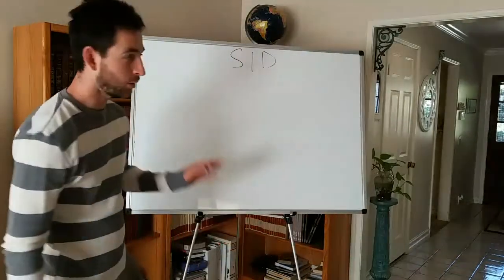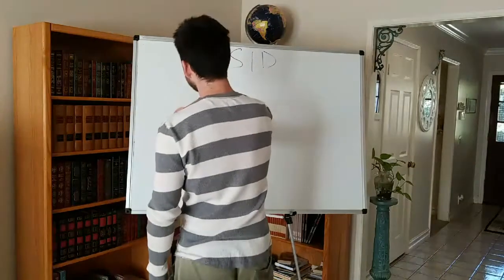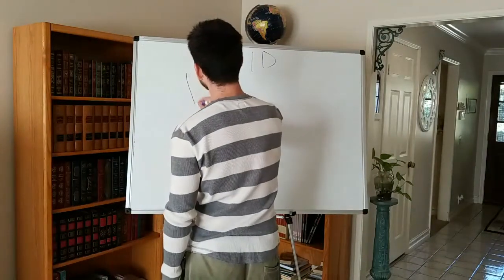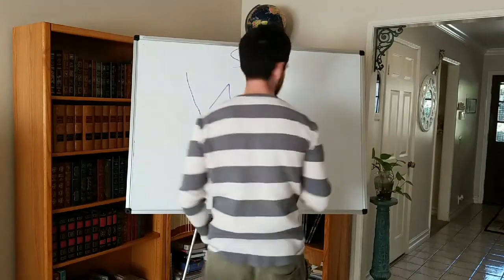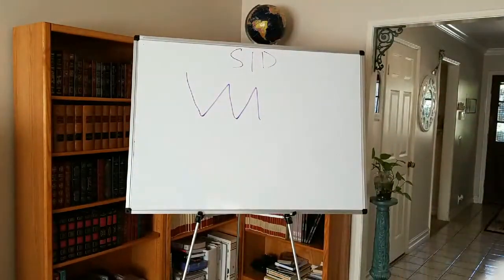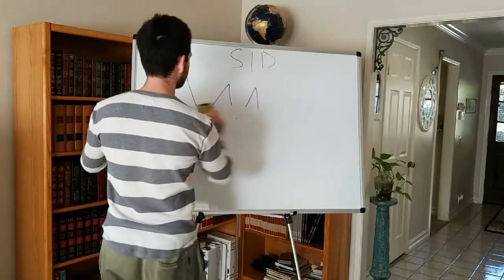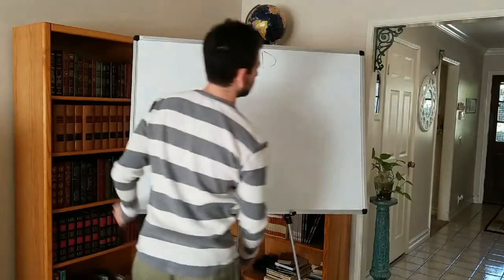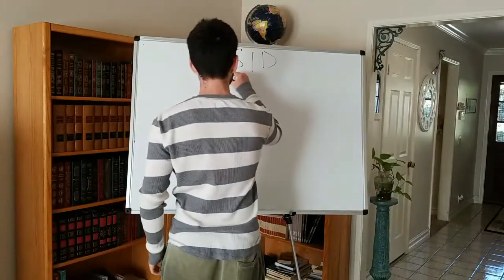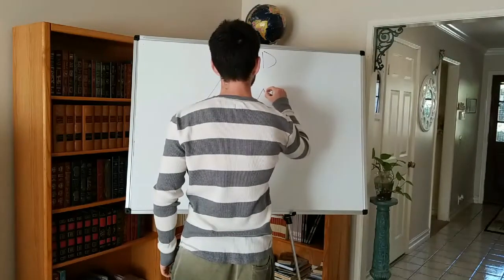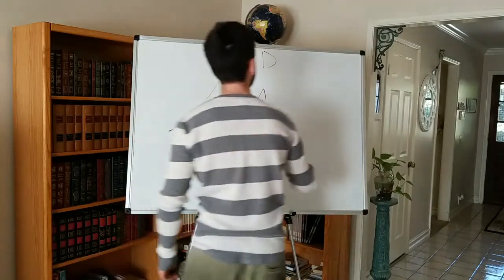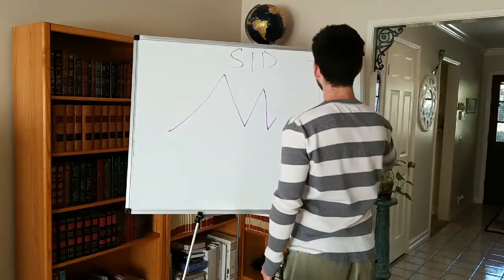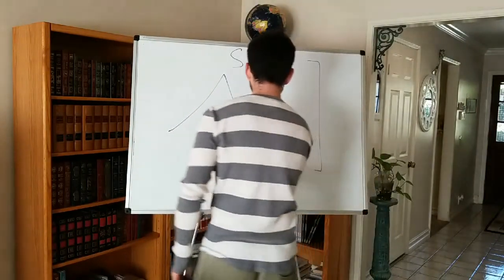Now, what's happening on SID is we have a stock that has moved into a beautiful setup. I think there's only two currently. I believe there are two bottoms. If I remember correctly, there's two bottoms. So we're moving in, we put in a bottom, we put in a lower high, and then we put in a bottom, and then I believe we're right around here. So on the price charts, this level here